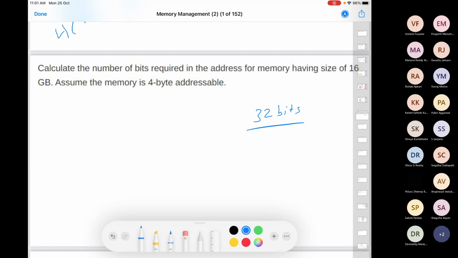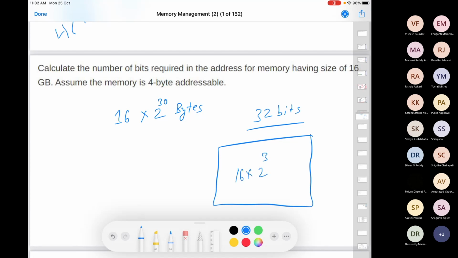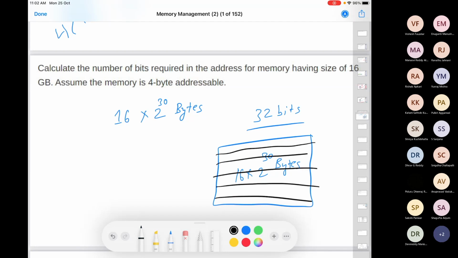So let's solve this. We have 16 GB memory, which is how many bytes? 16 into 2 to the power 30 bytes. You are given that each location consists of 4 byte data. So look at this, your total memory is 16 into 2 raised to the power 30 bytes. Now there are various locations in this memory, location 0, location 1, location 2, location 3, and so forth. Each location consists of 4 byte data.